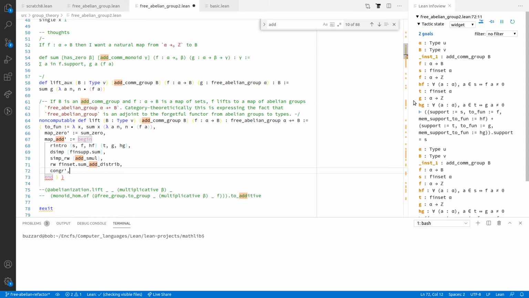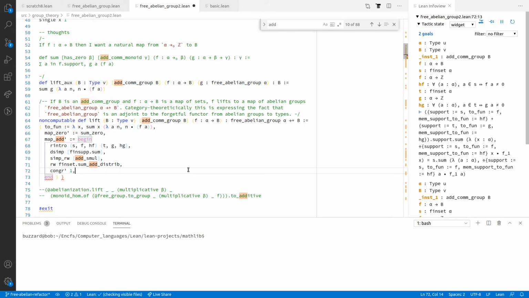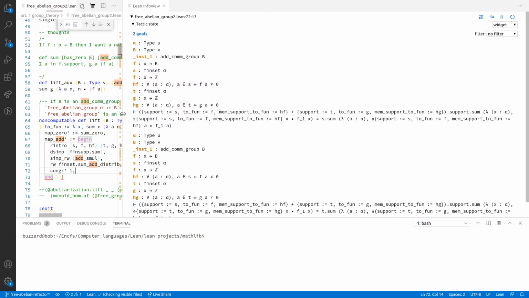Now I've got to prove, it's gone too far. congr 1, let's try that. This now says, we add these two functions, we add f and g,